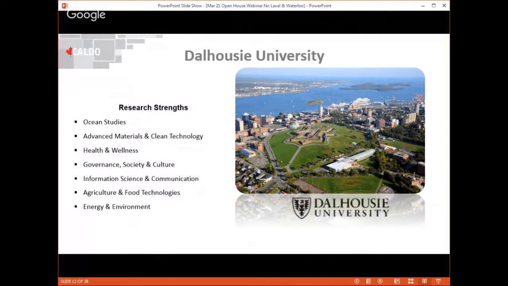Advanced materials and clean technology is another area of research strength. The new ideas building is under construction right now. And if anyone here is in Mexico City, a representative from the engineering department will be in Mexico City. And I highly encourage you to talk to her because she is an expert in the exciting things that are happening. Another area of research strength is health and